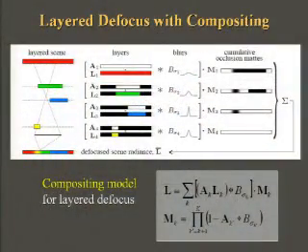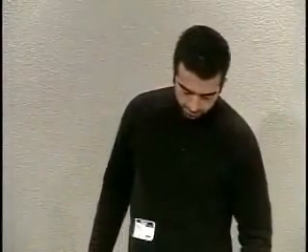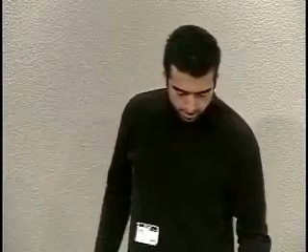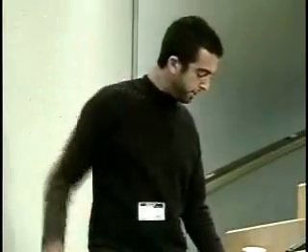More concretely, we can say that our model for layer defocus leads to a general compositing operation that extends these previous methods. First, each layer and its corresponding alpha mat are blurred independently according to the blur diameter associated with its depth. Second, each blurred layer is modulated by a second mat on the right side that represents the cumulative effect of occlusion for all the layers that are in front of that layer. And finally, we take the result and we sum over all the layers.